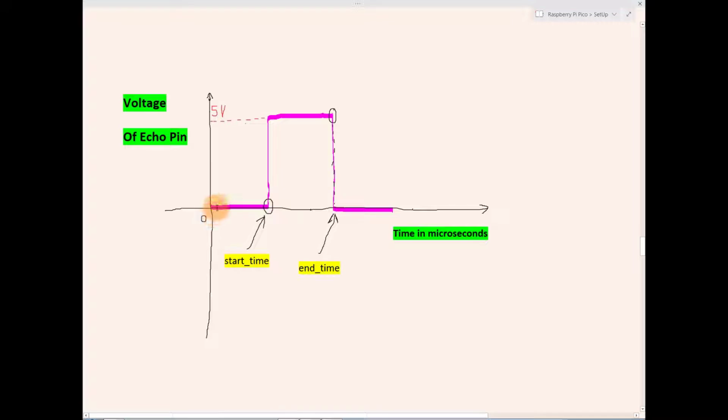Suppose the echo pin is at 0 at this location, and at this location it is 0. The last time when this pin is at 0 will be recorded in this start time by using the while loop.